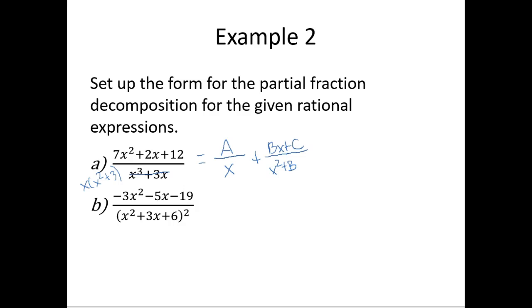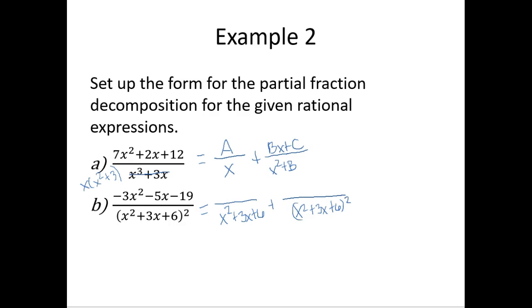Now for B, I've got the denominator x squared plus 3x plus 6, and that is squared. I notice that what's in the parentheses will not factor because there are no factors of 6 that will add together and give me 3. So that means that I'm only going to have two fractions here. And the first one is going to have x squared plus 3x plus 6. And then the other one is going to have the two repeated factors in it, x squared plus 3x plus 6,